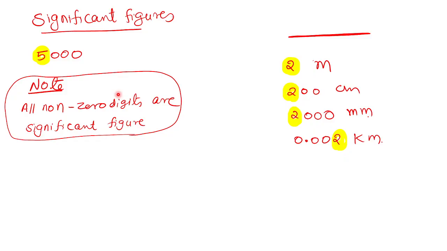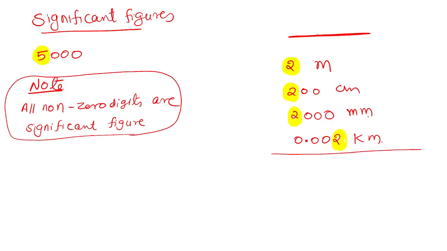Now listen. Some zeros are significant. Please listen. Most of the zeros are not significant, but some zeros will be significant. What are the significant zeros? Some zeros are significant if zeros appear between non-zero digits, for example,